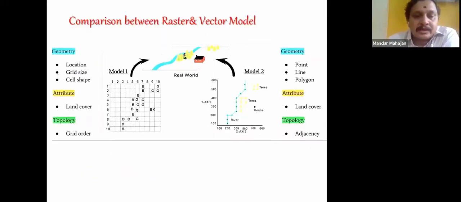Okay, this is a clear distinction between the raster data and the vector data. So we can see the same feature if you want to show it here. There are different patterns, whether giving the digital value number, that is DN, or giving alphabets like black, green. It is possible to show either the digital number or the alphabets.